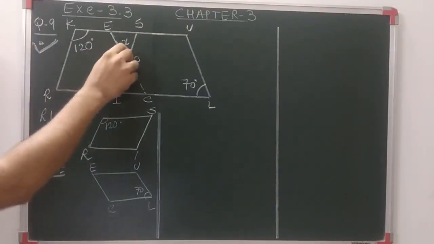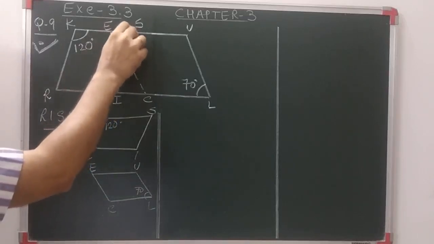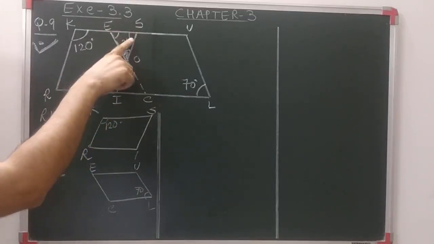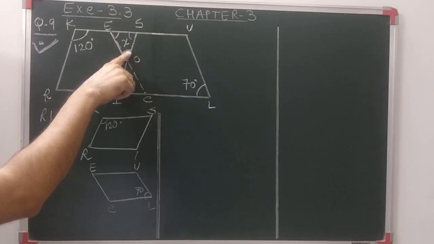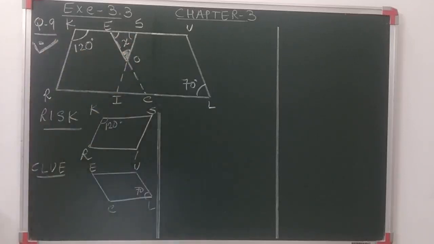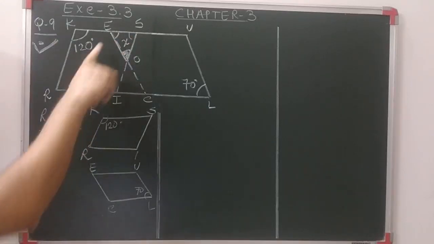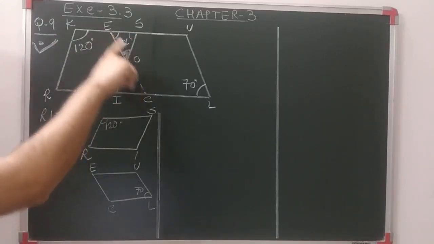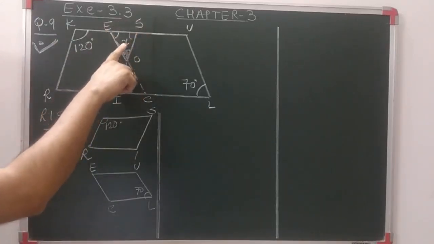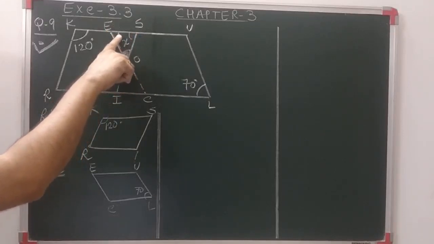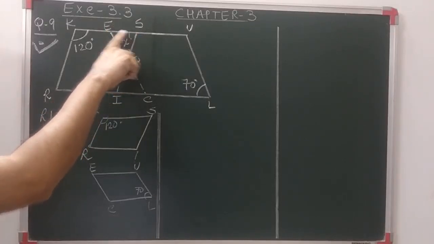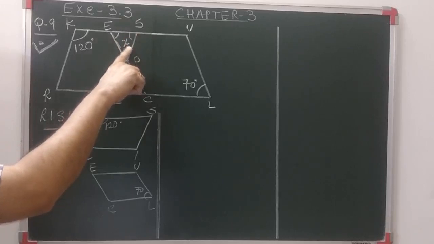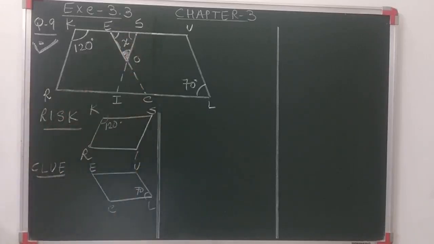Now to find out this angle, if we have this angle and this angle, that means angle E and angle S, then this third angle can be found out using the angle sum property of a triangle. I repeat what I explained. अगर मैं ये triangle की बात करूँ OES, we need to find out x. If we have the angle E and S, the third angle is easily found out by using the angle sum property. So now let's see how we'll find out E and S.